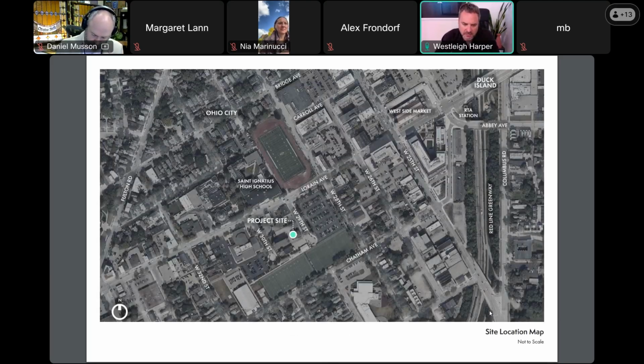So the project site is south of Lorraine Avenue on the western side of West 29th Street, just east of the Trinity Evangelical Church, which is on 30th, then of course south of St. Ignatius, on the north side of Lorraine and on the south side at certain points. Next.